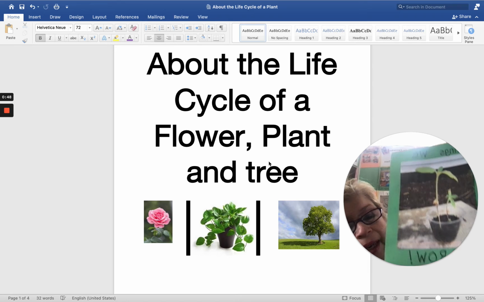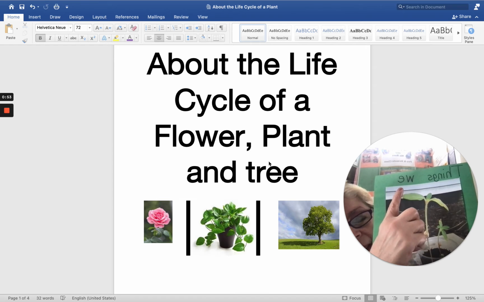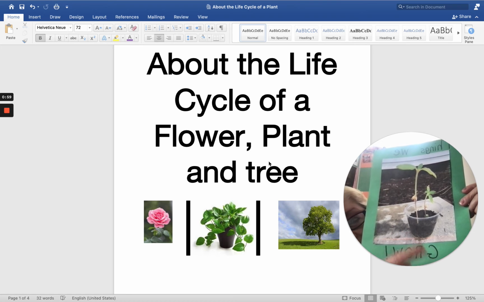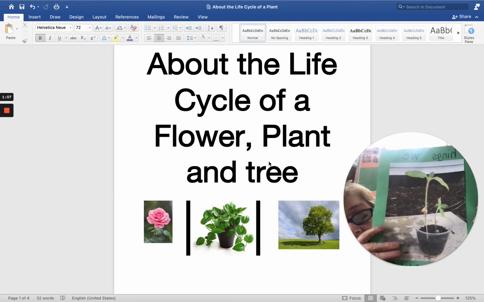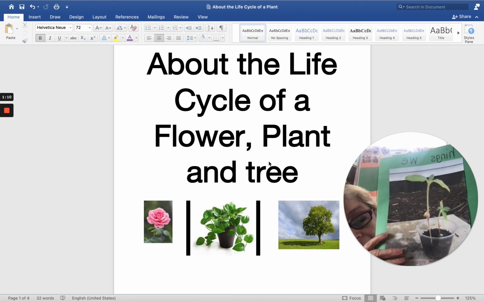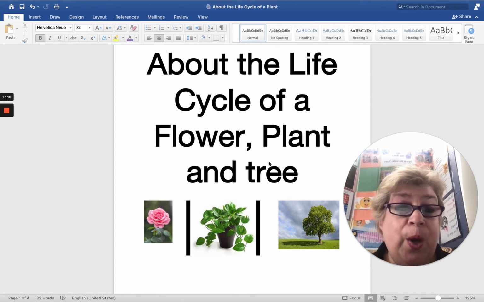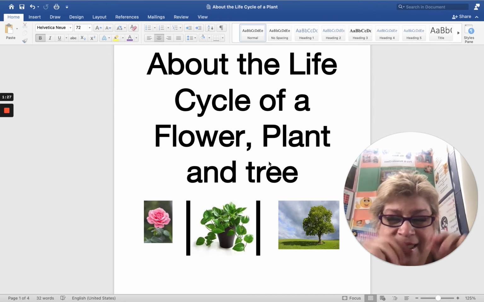Things we grow. Do you know what this is a picture of? That's right. It's a plant that might grow into a flower. Who knows? It could turn into a tree. Maybe it's a seed. We don't know where it belongs or what's going to grow from it unless we plant it with our hands.